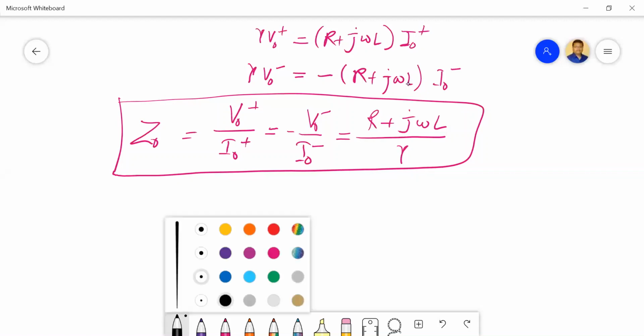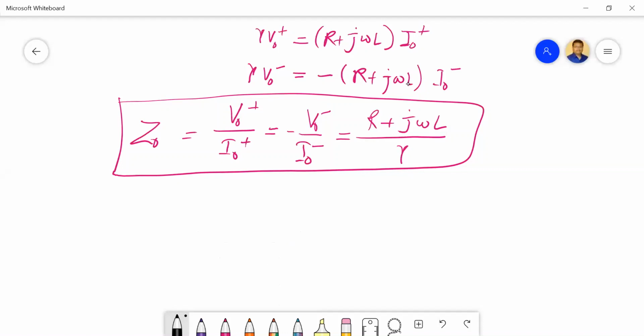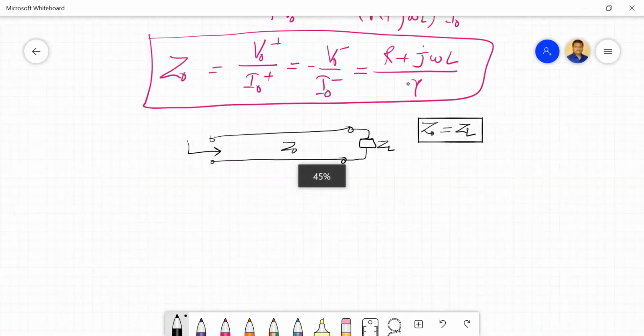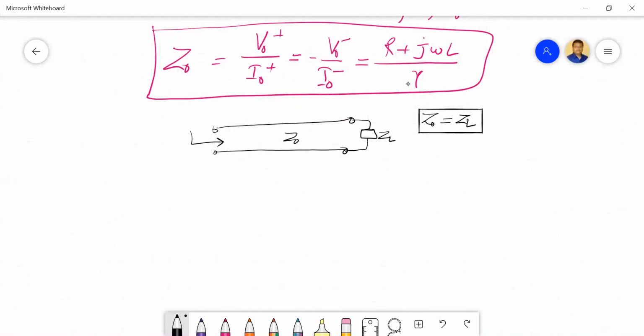Good. So let's say I'm taking here no reflections. Let's say this is your transmission line. You launch a wave from this side, and there is a load here, called ZL, and this is the transmission line characteristic impedance Z0. I'm saying Z0 is equal to ZL, so there is a perfect match. If there is a perfect match, it means there will be no reflected wave. Fine. So the e to the power gamma z term will no longer be here.